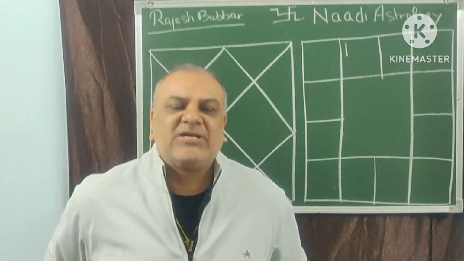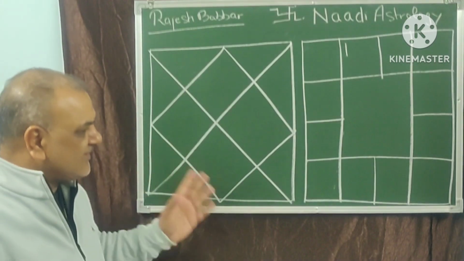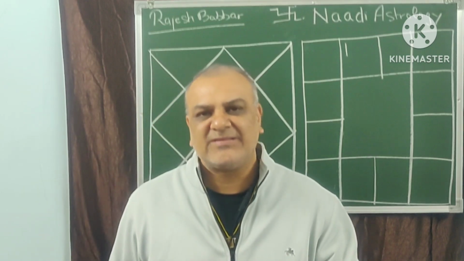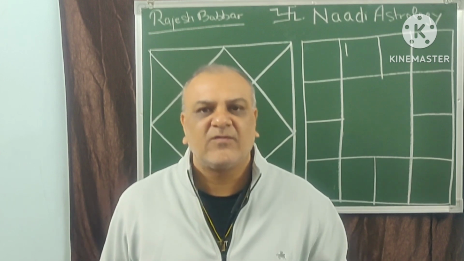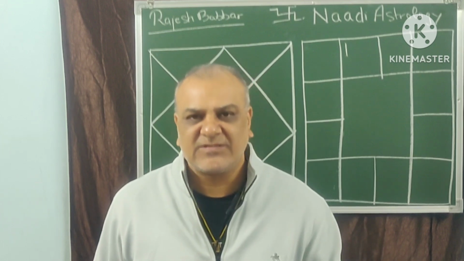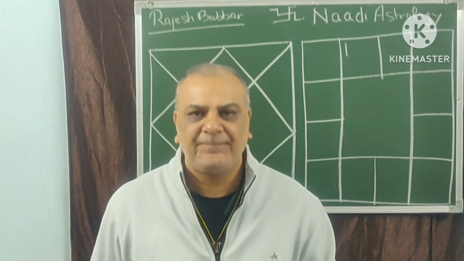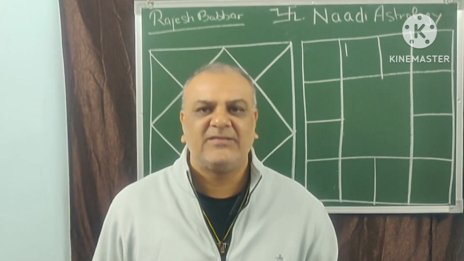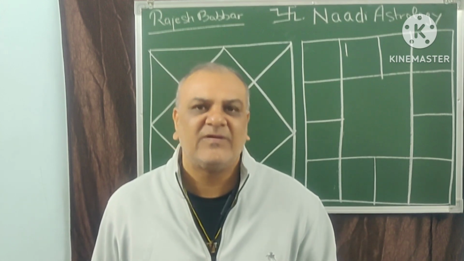So Rashi exchange. What is the law of Rashi exchange in Nadi astrology? For that, first you need to understand a few basic things. What are the basic things? The life circle of a person, the life circle of a native who comes to analyze his chart. 30 years of one circle is called the first part of life. The next 30 years is called the second part of life, and the third 30 years, meaning 60 to 90 years, is called the third part of life.